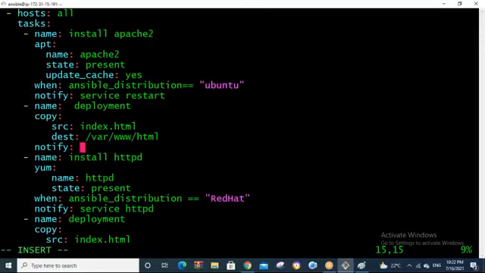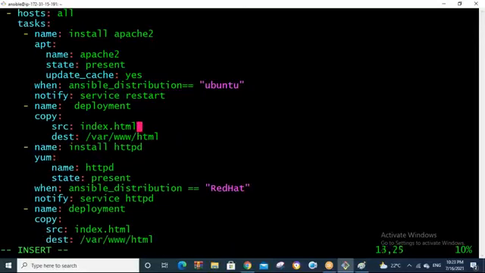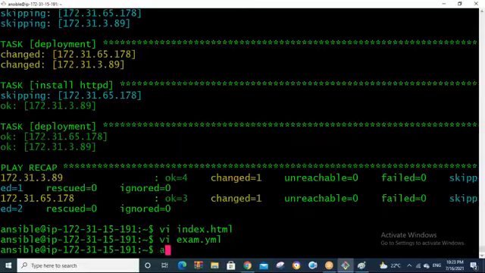Clear? Got it? So here, what task will happen if I execute notify, sir? This one. Okay. So now to do that, first I will use the Ansible command to